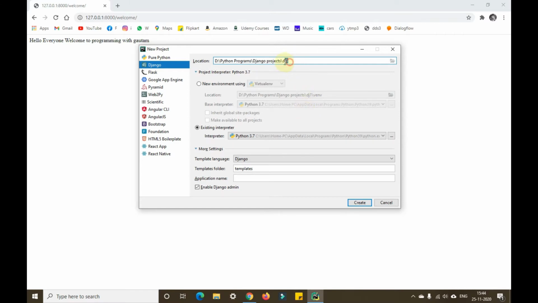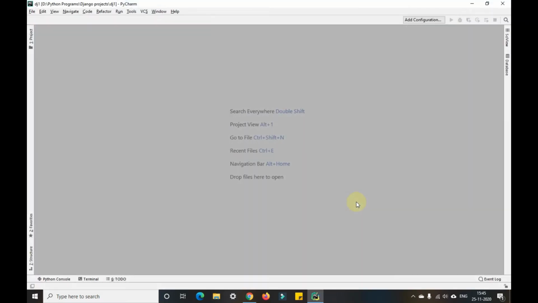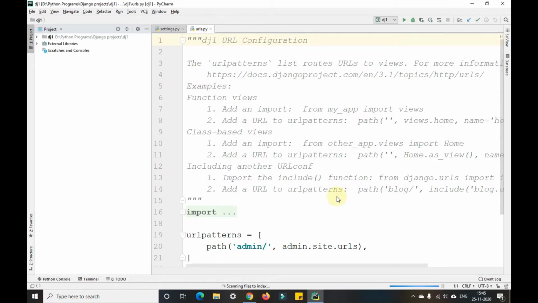So this project name is DJ1, Django 1. And in this I'll write AP1, that is application 1. So now let me create that particular project. You can see here the project is created.